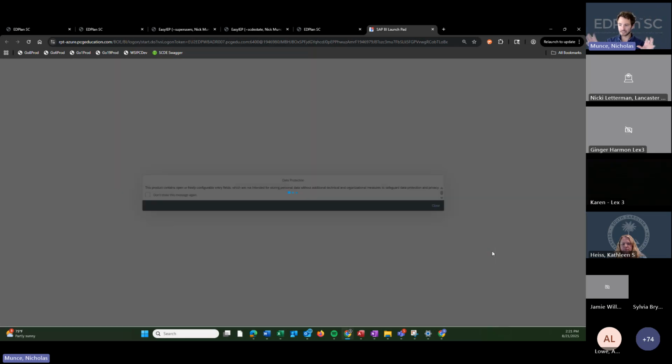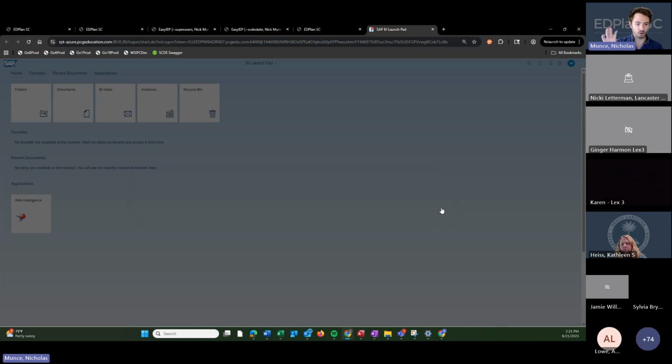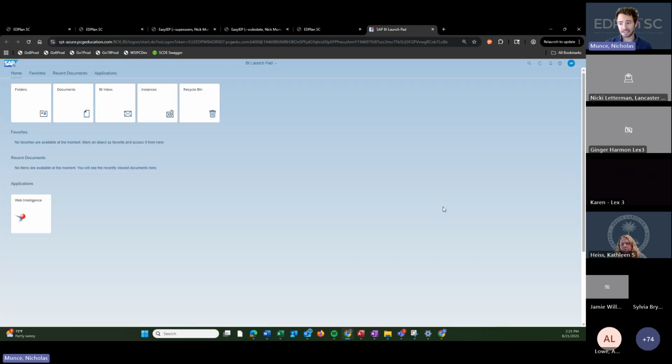So your screen will look different. It won't really look exactly like EdPlan. This is like a reporting tool that's attached to the EdPlan data. So once you're here, you'll see a couple things. Depending on how often you use AR, you might see a few different things. If you use it a lot, you'll see documents or reports you've run here. You might see some documents or reports you've favorited, but if you're not a frequent user, it'll probably look like what I'm seeing. The key thing we want to talk about today is within the folders structure.